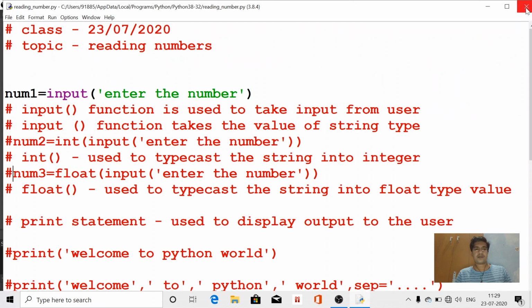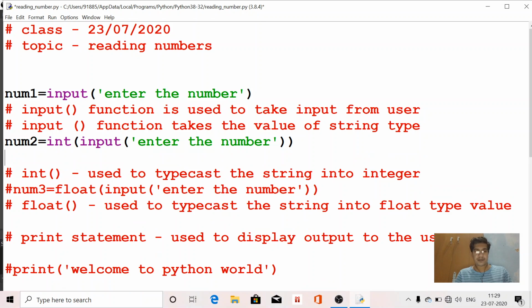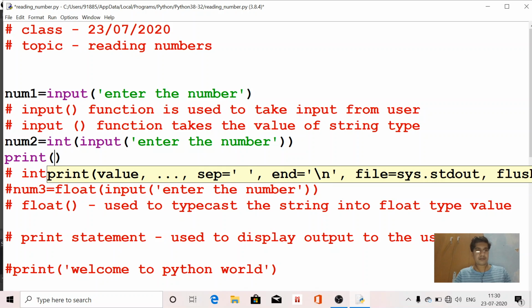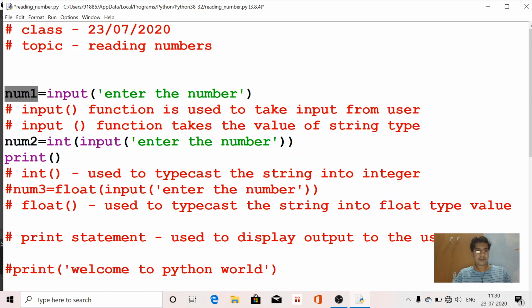So if we are going to print num2, int input enter the number. Now if we are going to print the sum of num1 plus num2, print num1 plus num2. Now see the output.